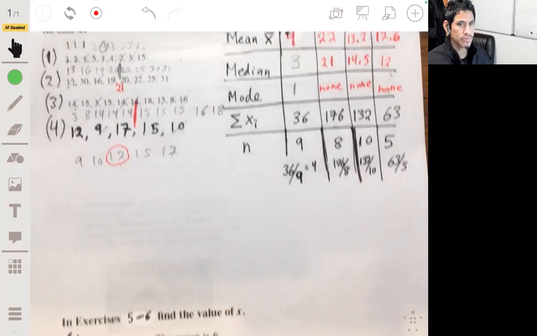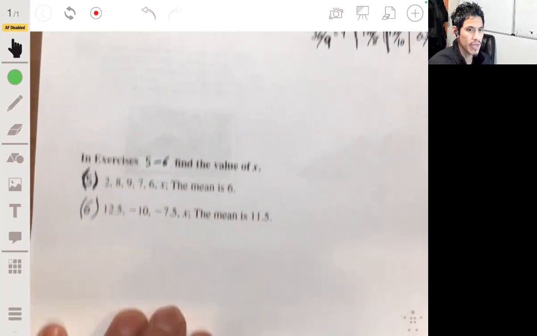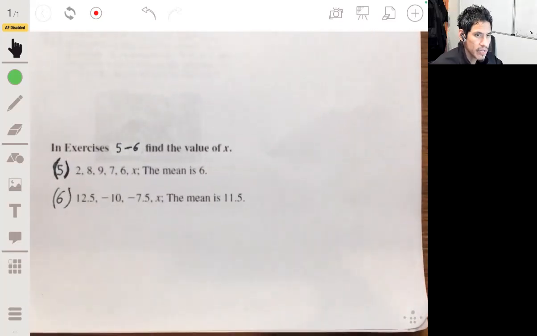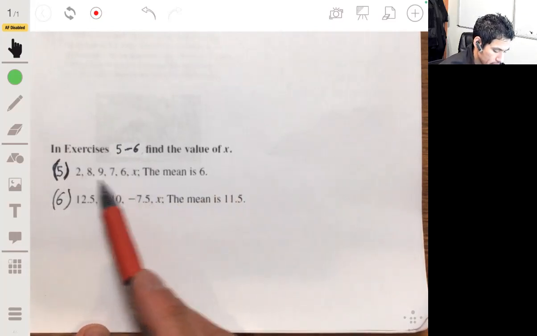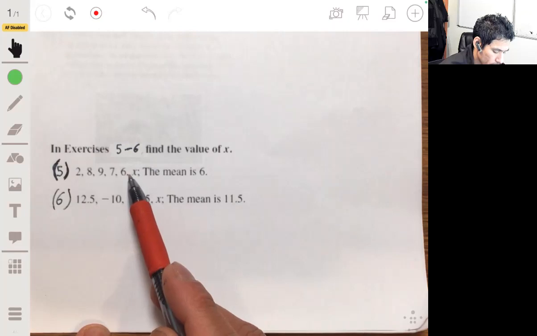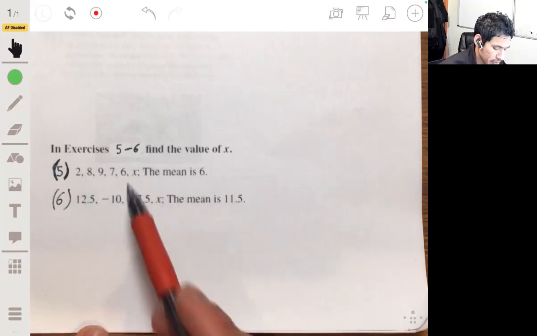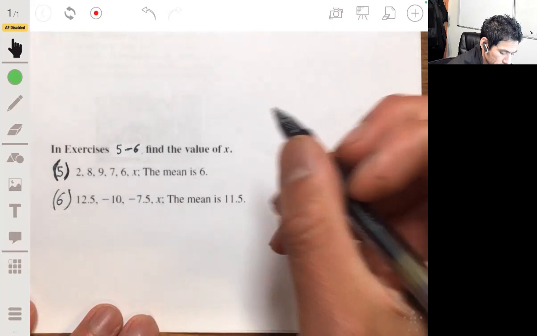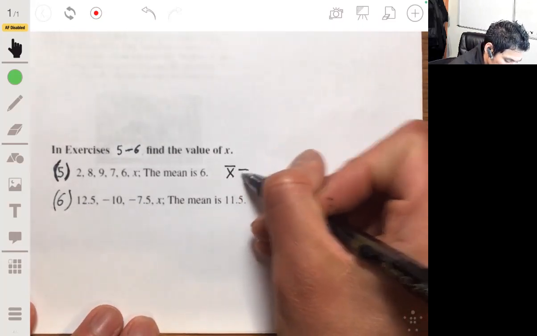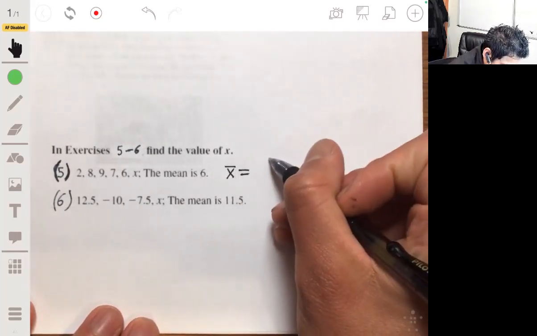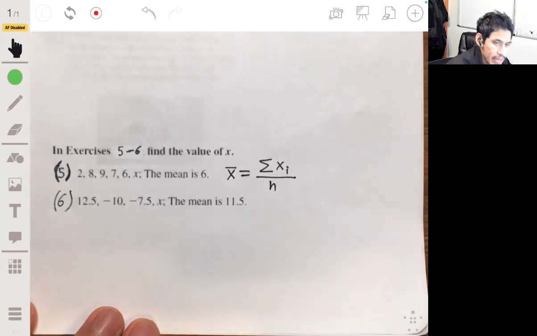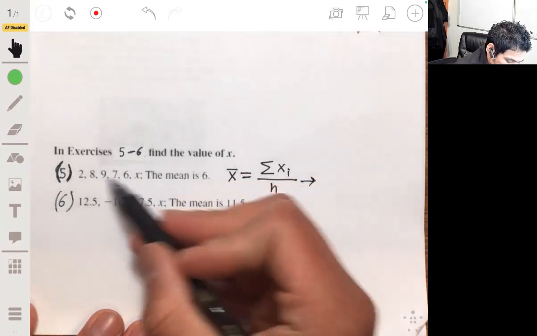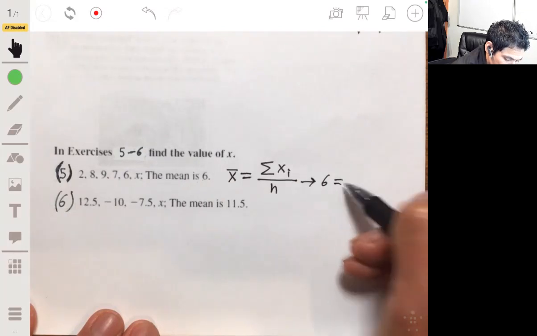All right, moving on to problem 5. Find the value of x if you're given the mean. You're given that the mean is 6 for these values. So let's look first at what the mean is. In that formula, the mean is the sum of all the x values, or the sum of x sub i, divided by n. We're told that the mean is 6, so we can write 6 equals